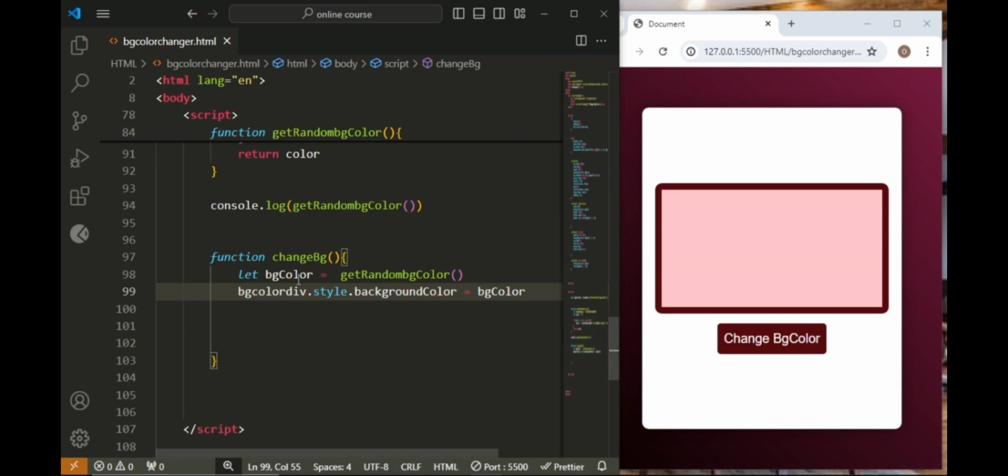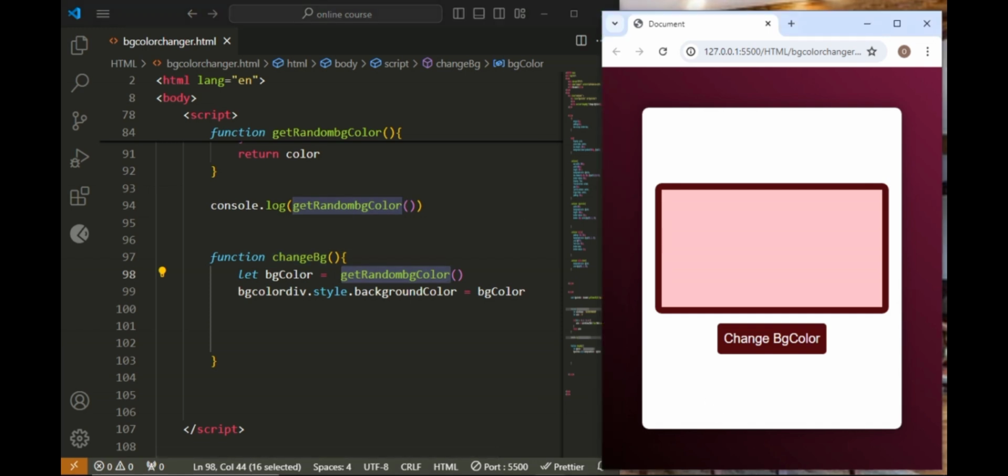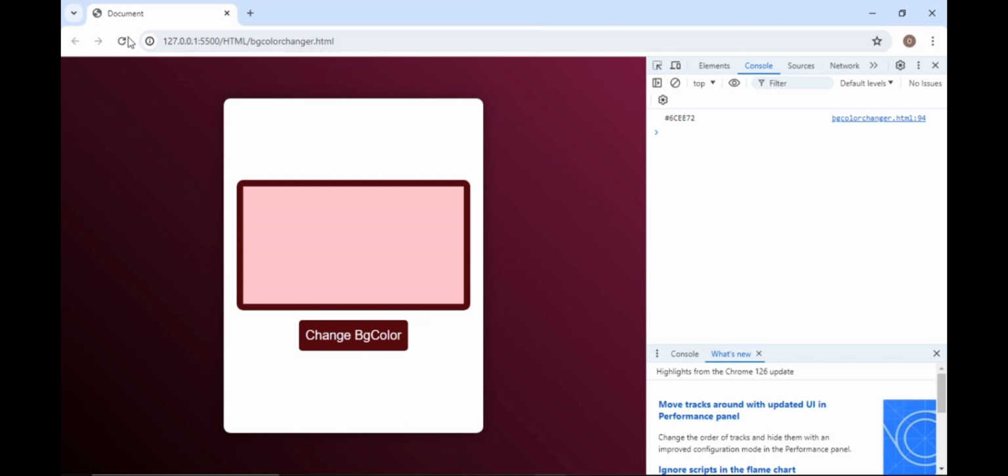Remember, bg color gets the random color. This random color is what we have here. Let's maximize these random colors. So once you click on this, the background color will switch to this. Once you click, the background color